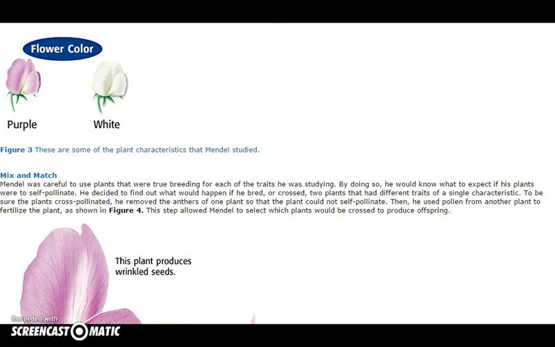He decided to find out what happened if he bred or crossed two plants that had different traits of a single characteristic. To be sure the plants cross-pollinated, he removed the anthers of one plant. So,